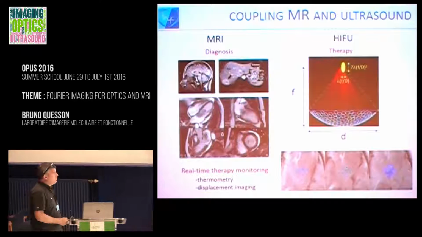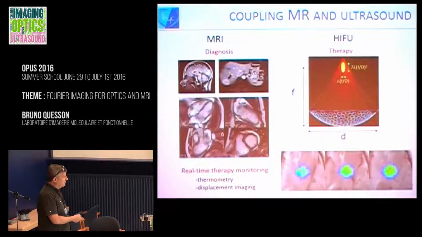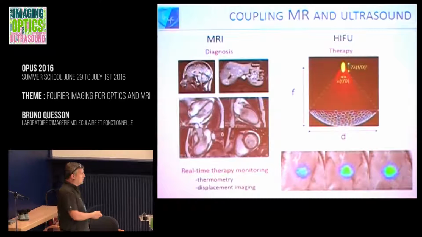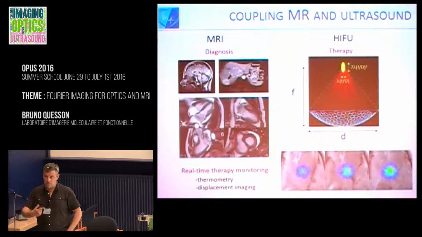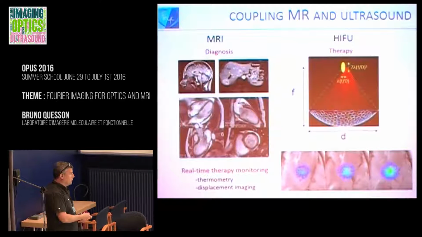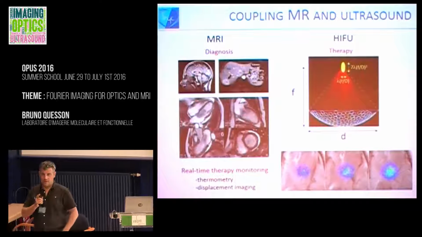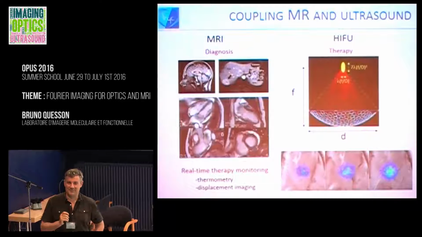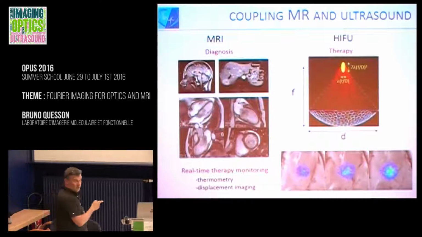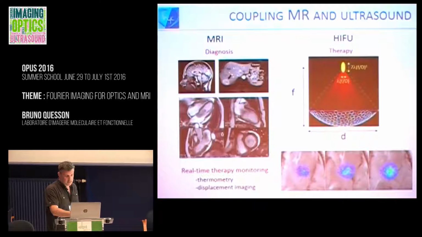So with MRI, you can map the temperature change that's associated with the steering of the focal point. The focal point in this experiment is moving from 1, 2, 3, 4, and again. I am continuously steering this focal point to induce a temperature change that you can map with MRI. And to answer your question, in fact, the temperature change is included in the phase image. And this is what we're exploiting. I'm going to show you this afterwards. And the interest of that is that you can